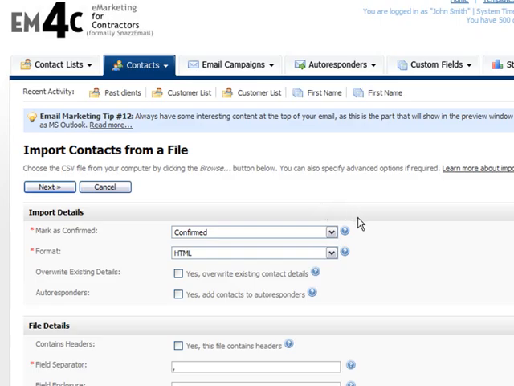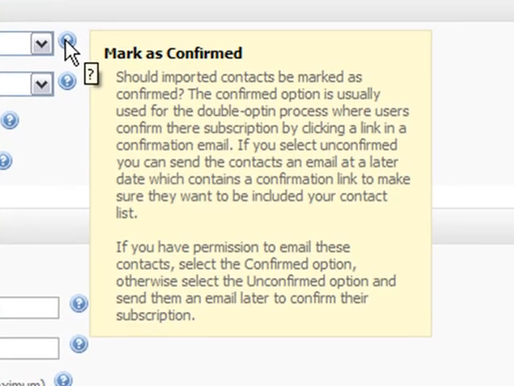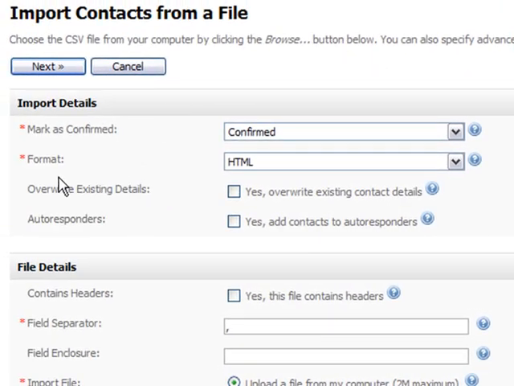And also I'd like to point out these little question marks we have over here to the right of each field. If you hover over that, we've got a nice little brief description that tells you what that field is for and what type of information should be in there. So again, the format you want to leave as HTML. This will make sure that this contact or these contacts will receive emails from you in HTML format